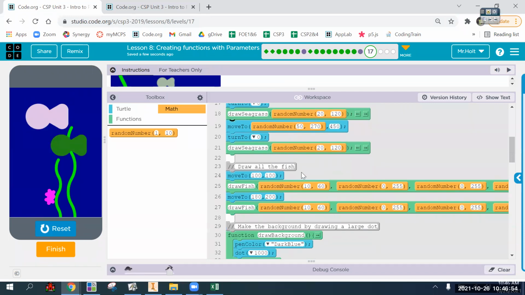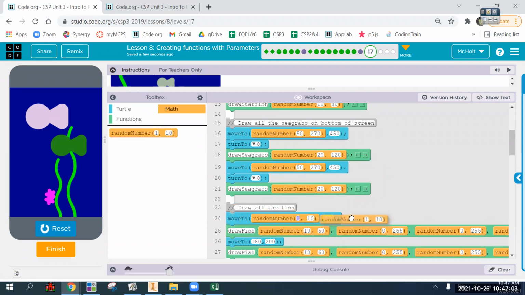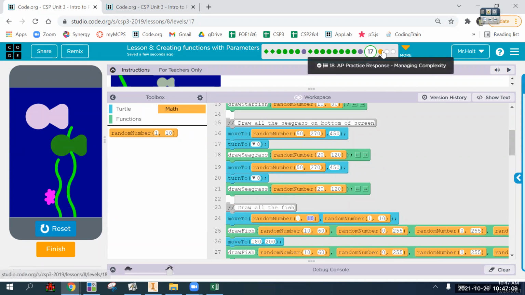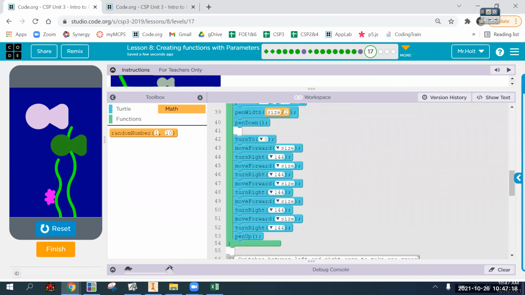And then I'll let you figure that out for draw fish. What's a good random XY for that? I'll give you a hint. It's going to look something like that. But choose good random X's and Y's for that. Okay. We could talk about the checks for understanding next time, but this is where we're going to stop now. And you can watch the video on